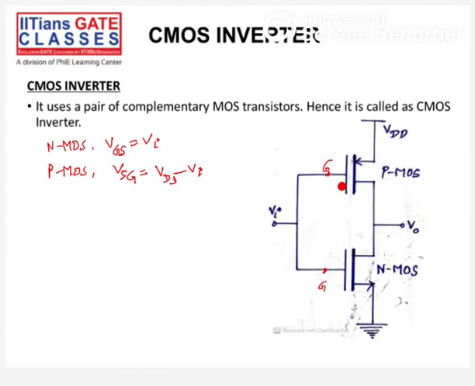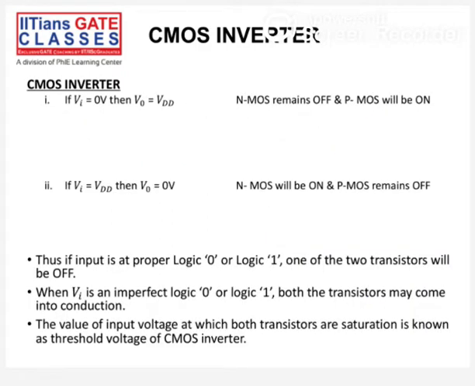Current is 0, but in that case, it will be acting as a resistor. At low voltage, we have seen it will be acting as a resistor. In that case, we have 0 current, but still it has some resistance. So if no current flows through the resistance, there will be 0 potential across it. So whatever voltage is here will appear at the output. So in a transistor, if there is no current, it will be acting as a short.